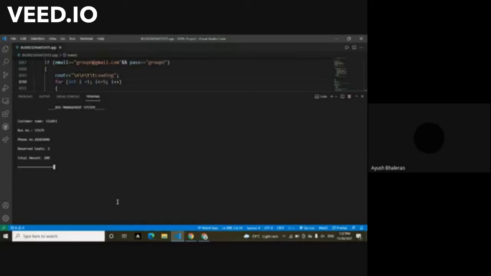So as you can see, as soon as we put Siddhi as the customer name, all her records are visible. So that's how this function works. So now we can go with the update booking function.